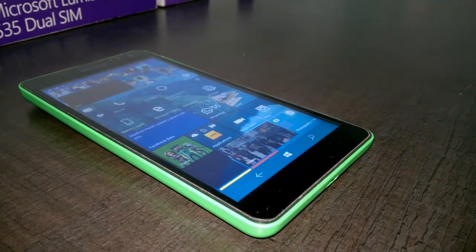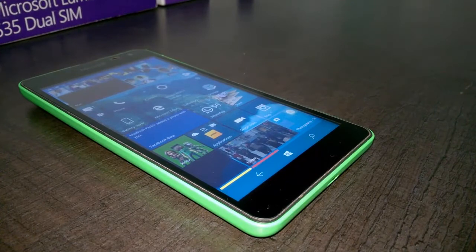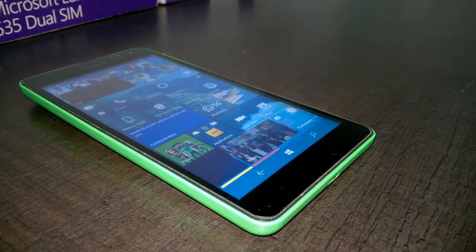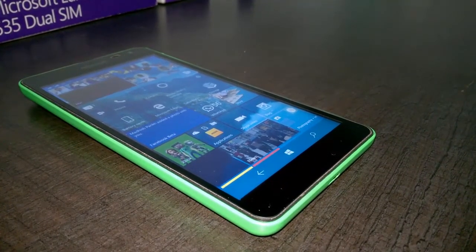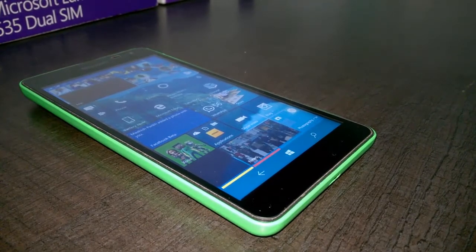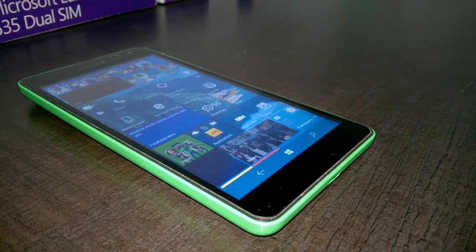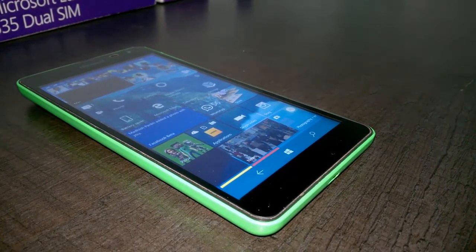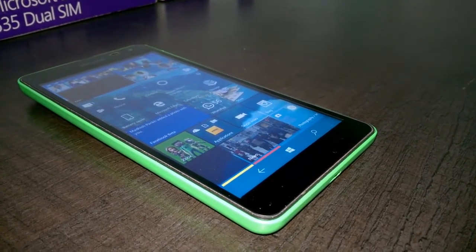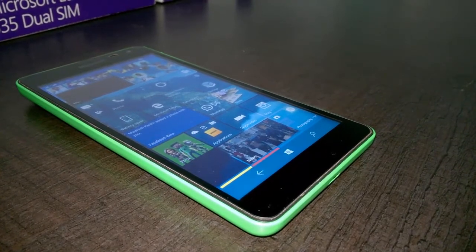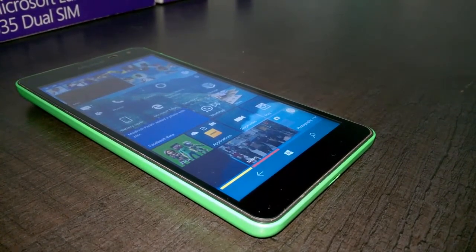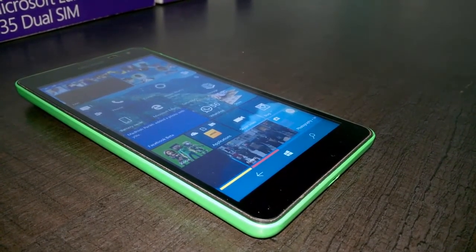Suppose you own a Lumia 930 and a Lumia 430 as well. You made a backup from the Lumia 430 and then later on restored it to a Lumia 930. So the resolutions and the screen size do vary in both the devices, and the start screen experience became corrupted or scrambled. It used to be messed up and not appropriate as it should be.